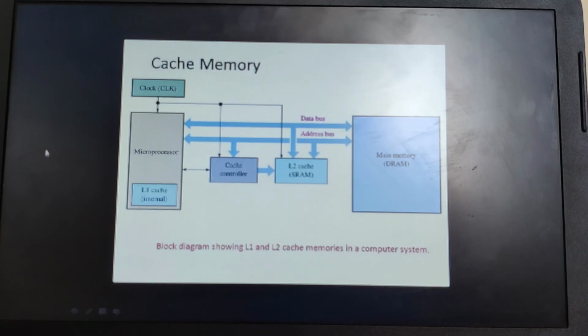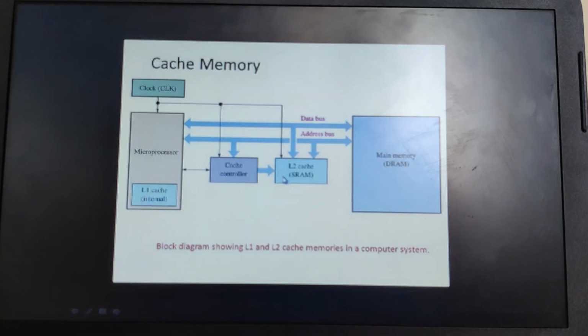So let us see what exactly this L1 cache memory is. It is extremely fast, but it is very small and usually present within the processor itself. The size of this L1 cache memory is about 256 kilobytes of data it can hold. Around 256 kilobytes of data the L1 will be holding. But comparing L1, L2 and L3, L1 proves to be the fastest.